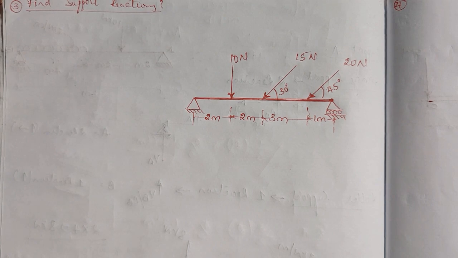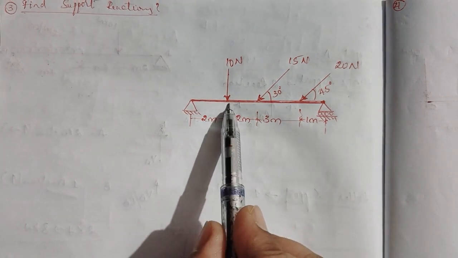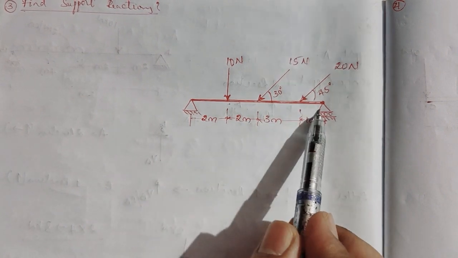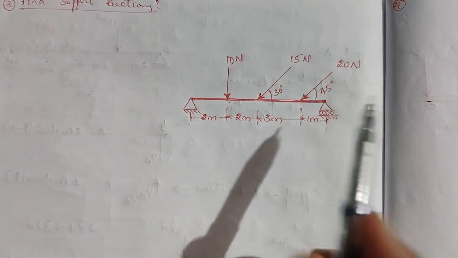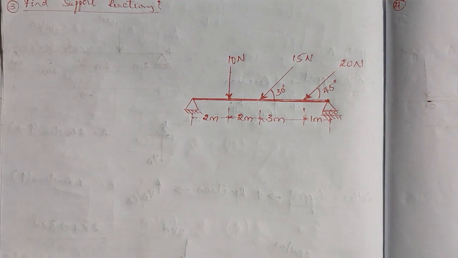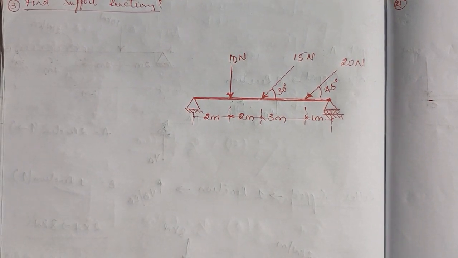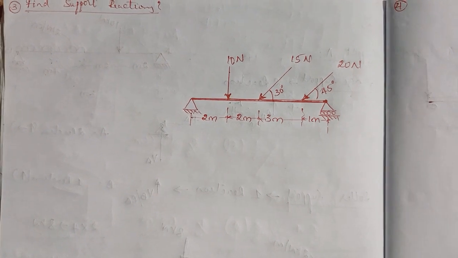So now I wrote a series of problems. I took only the important problems which will cover all the concepts, to help you. We have to find the support reaction in every type of beam. This is called a beam and it is supported on the supports. This is a hinge support, as I already discussed, and this is a roller support. Whenever a problem is given, please have a visual on which type of support is given first.